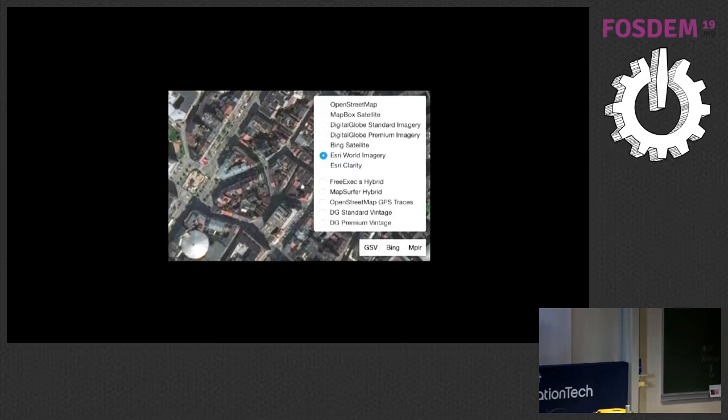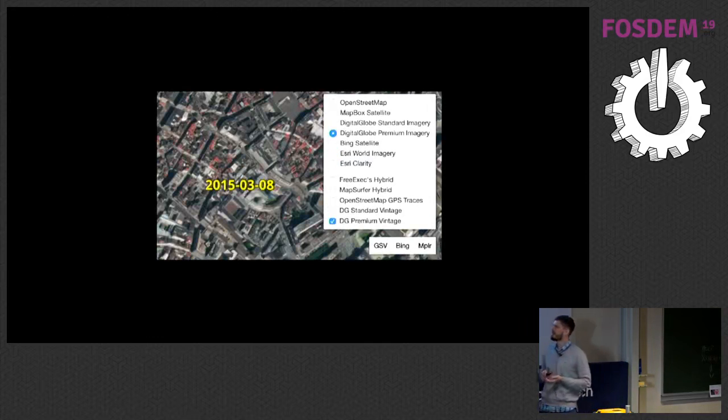But of course, these sources have issues as well. And the main issue is that they are not always recent. Like this imagery was taken 4 years ago, but it doesn't actually say so on the imagery itself. You have to know where to look. The same for Street View. You may not notice it, but Street View images can be taken like 2 years ago. The same for vector data, the same for even GPS traces. People are still tracing the map from traces uploaded 10 years ago.